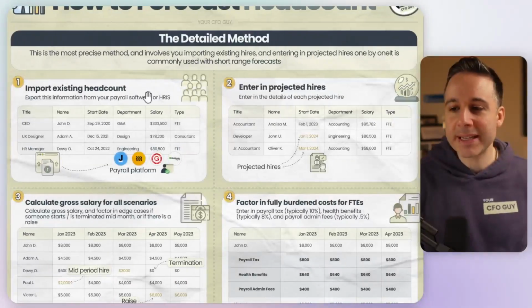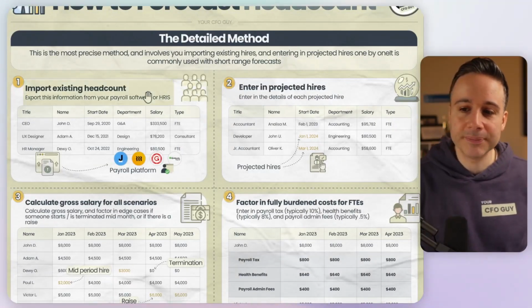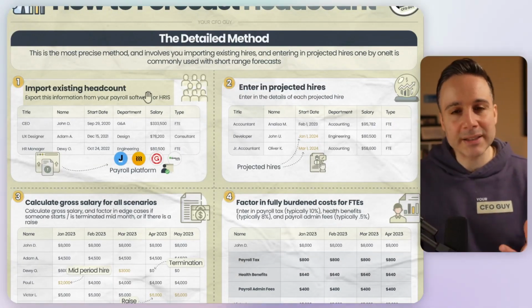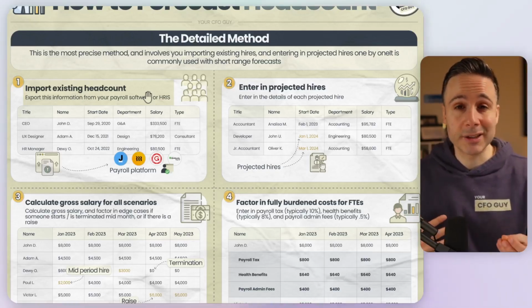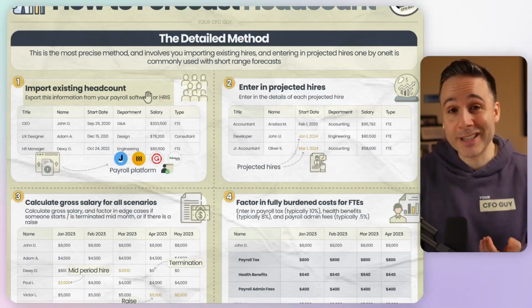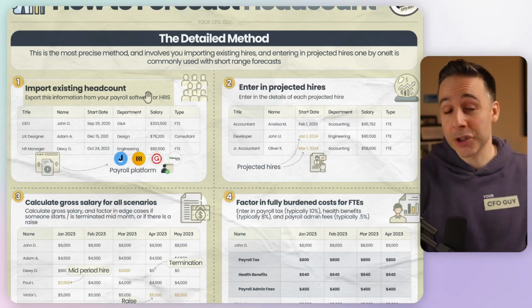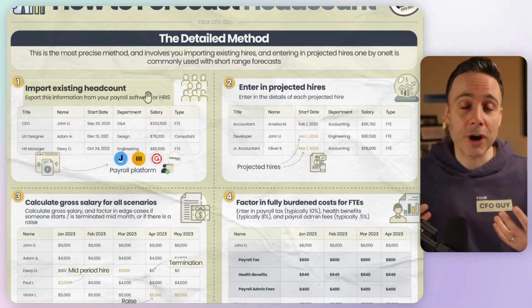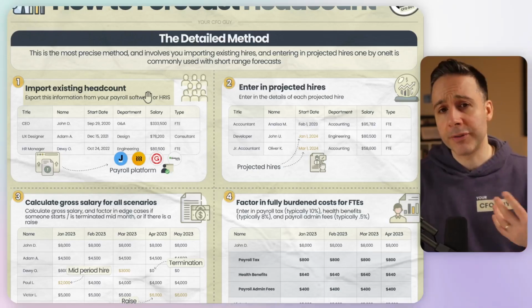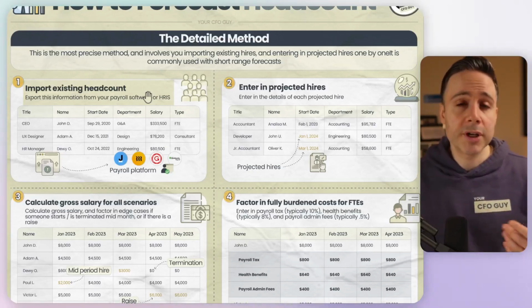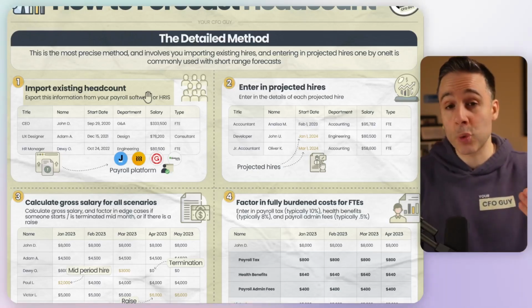Your first step is to import in your existing headcount. Understand who exactly is on your team. Bring in information that's relevant, such as their title, their first name, their start date, their salary, and also their department, so you can aggregate the cost by each department later on. You'll also want to understand whether they're a full-time employee or a consultant, because full-time employees generally cost 20% more